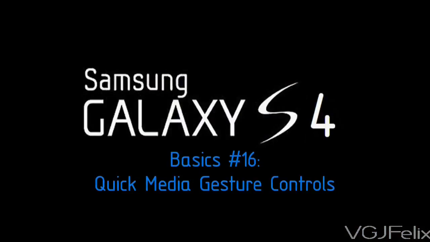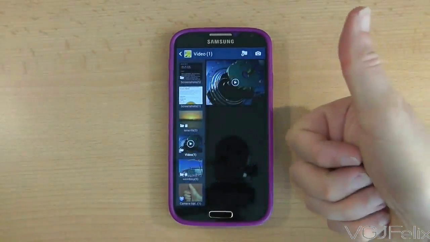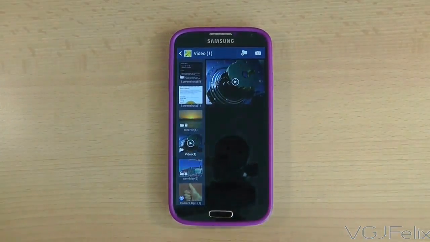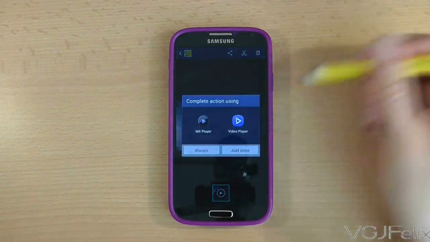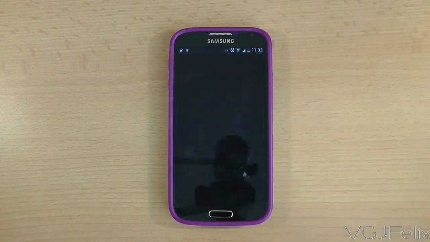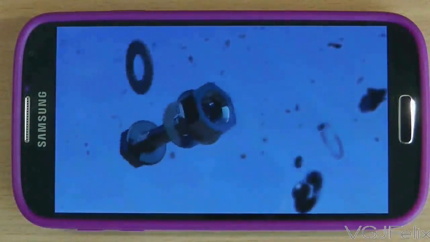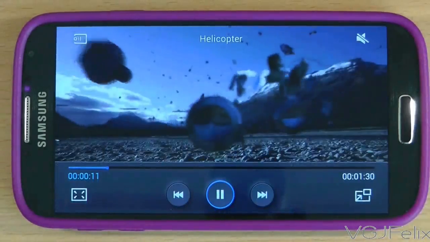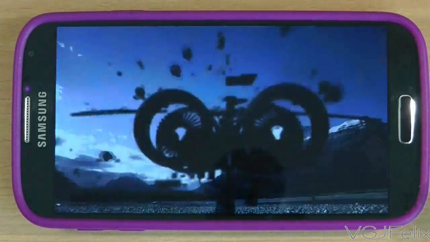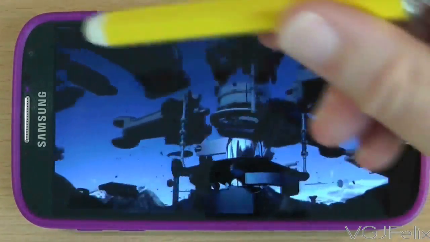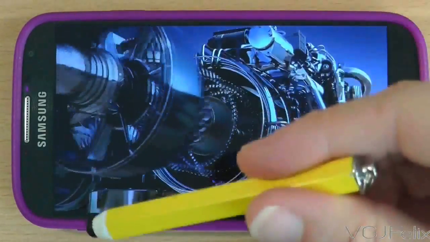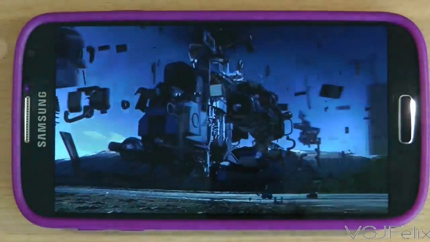The built-in media player on a Samsung Galaxy S4 has two nice little gesture controls that you'll probably never even notice unless I show them to you, of course. Now, if you tap in the middle of the screen, you'll get the usual play, pause and skip controls. But in addition to that, the sides of the screen are gesture hotspots. What I mean by that is, if you swipe up and down, you can control the screen brightness and the